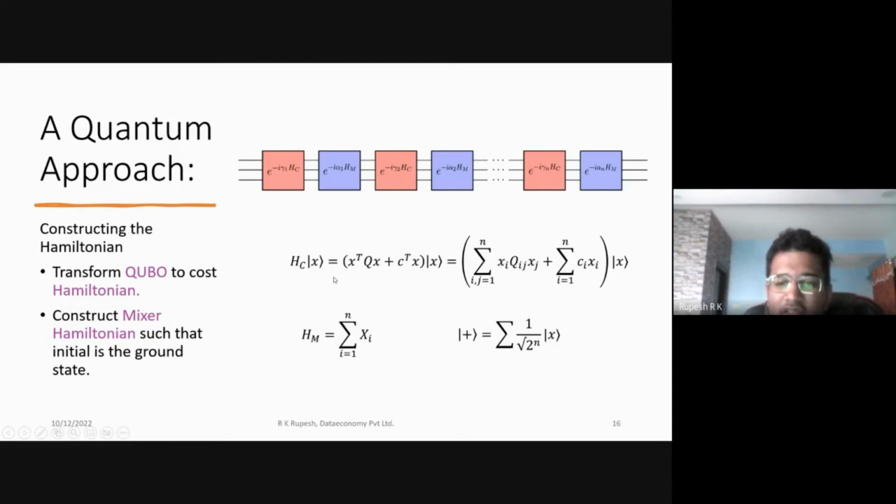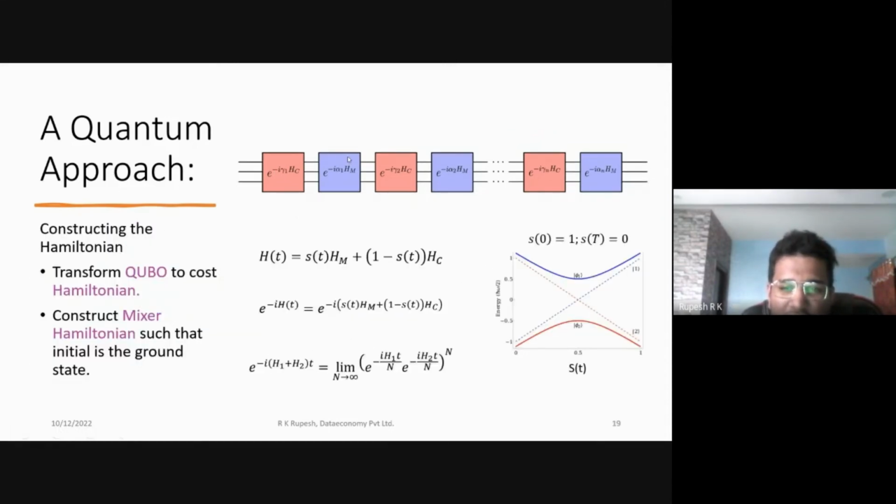Now we want to take this into the quantum domain, so how do we do that? We have this cost Hamiltonian, and the way this acts on any given state vector is what we need to find out. And then we also have this mixer Hamiltonian. So why do we have these two different Hamiltonians? This will take us to a quick prelude to what adiabatic quantum computing itself requires. I'll skip a few slides and go to this part quickly, and then we'll come back here.